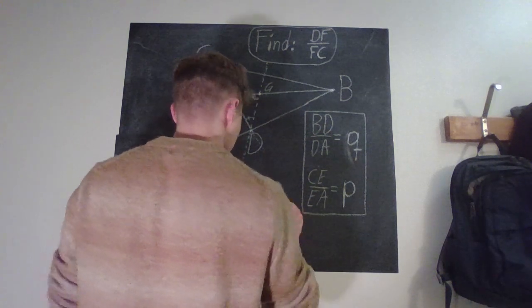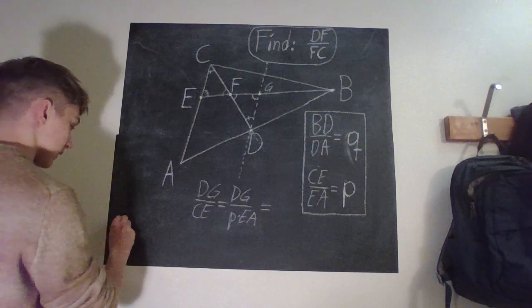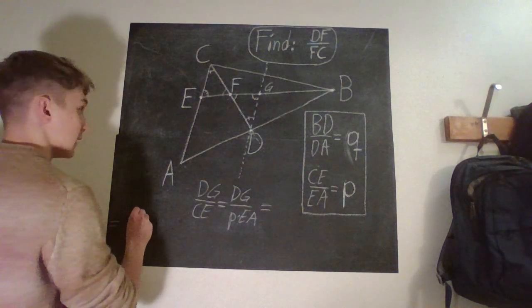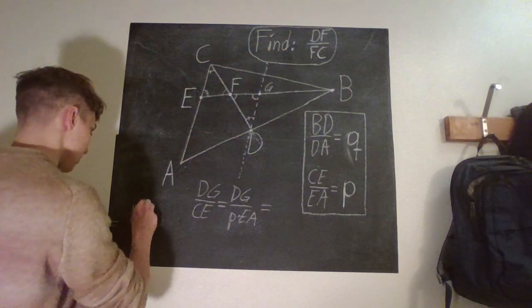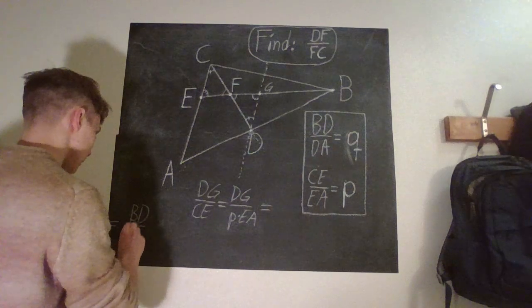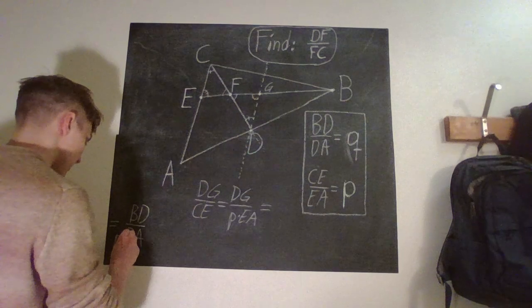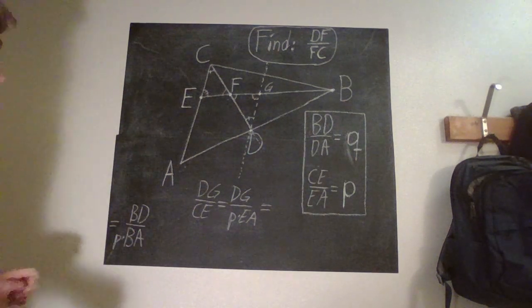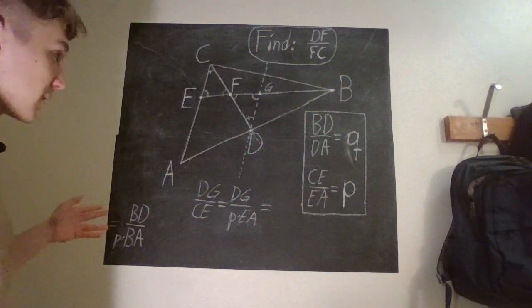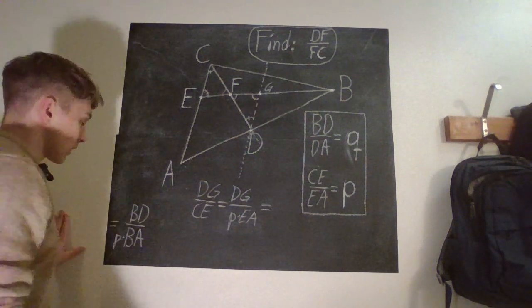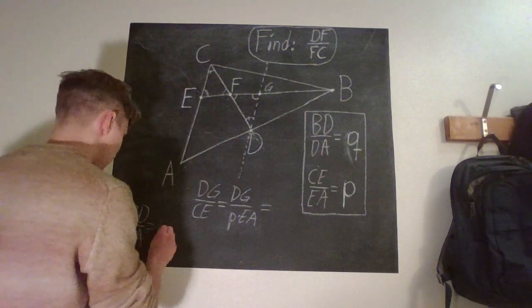So I'll continue over here. That's the same as, what did I say? BD over BA, and it's P times also down there. And now this can actually be expressed completely in Q. How? Okay, firstly we need to move things around a bit. Okay, so we exchange BA